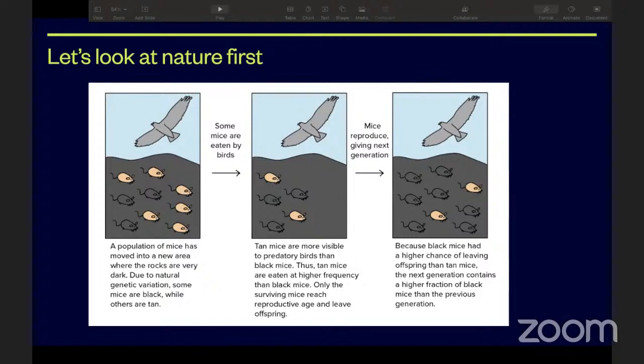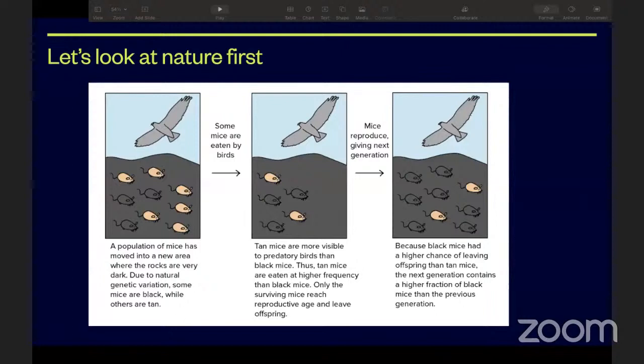Coming back to genetic algorithms, let's look at a very simple example found in nature. Here we have an eagle, and eagles eat mice. Consider a couple of centuries back, let's say 500, 600 years back, the population of mice was fairly equal. We had a 50-50 distribution between gray and brown mice.